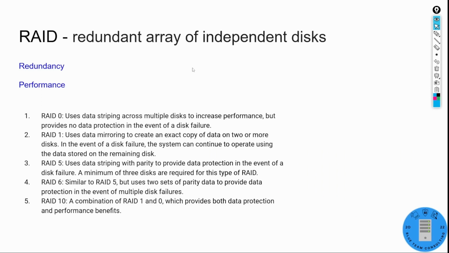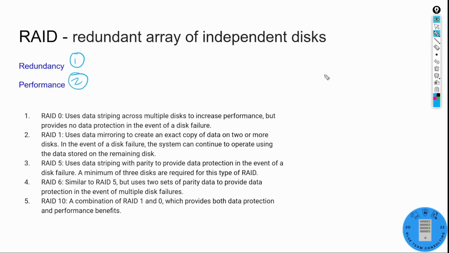One of the last things we'll talk about is RAID, since we're talking about memory and storage. This stands for Redundant Array of Independent Disks. When we think about RAID, all I need you to know right now is that there are 5 different types of RAID: 0, 1, 5, 6, and 10. And the biggest points to remember for why we would use RAID are, number 1, redundancy of our data, in case we lose it, we have another copy. And number 2, performance. How fast can we provide data in the event of a failure,